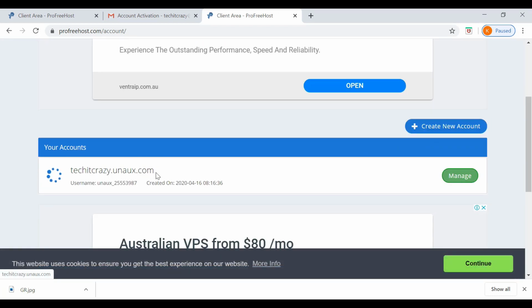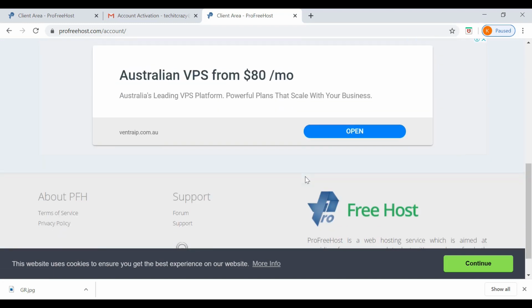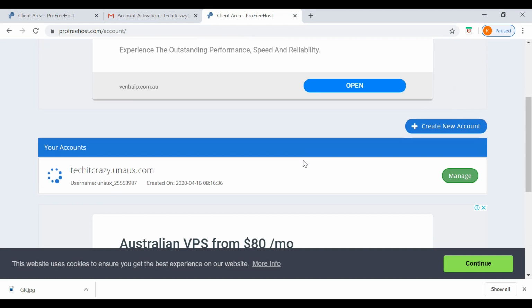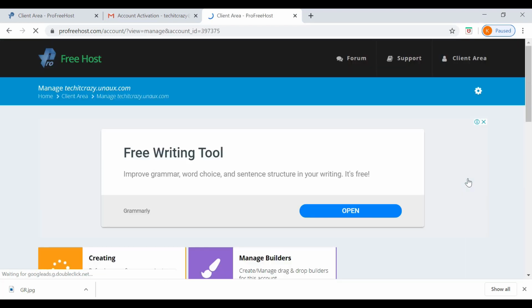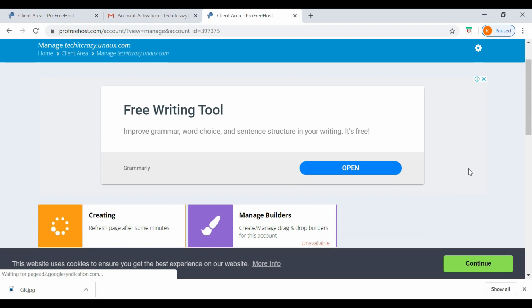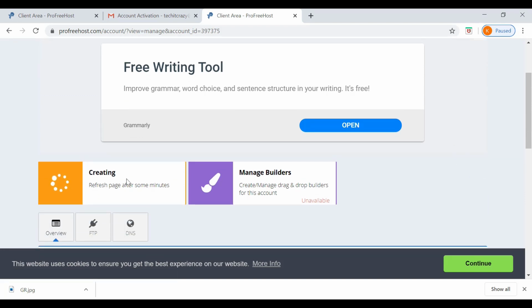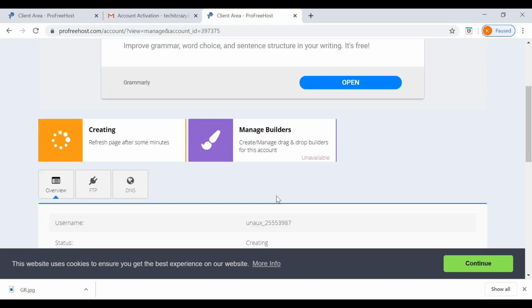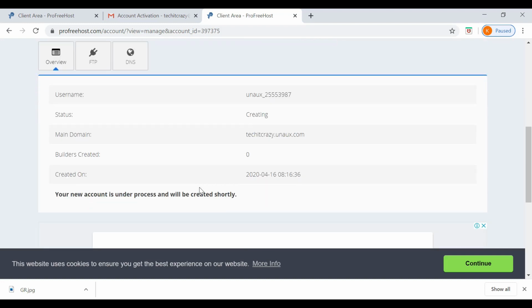Now it is setting up, that's why you are seeing this loading screen. Once it is loaded, you will get the details. It is very simple to create this one and also very easy to manage. You can easily create a WordPress website by using this, and you can have your admin credentials to post the pages and the content on the website. I will show you each and everything.